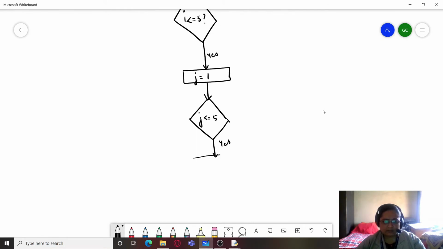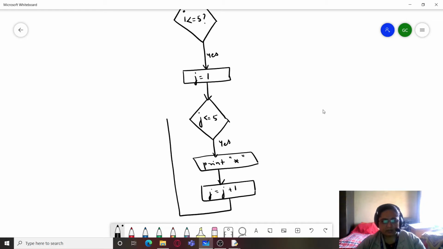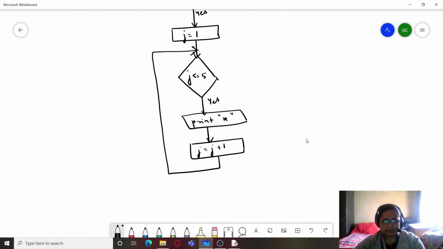then it will be printing this asterisk sign, and next it will be updating the value of j. So j equals j plus 1 will be there, and it will go back to this loop over here. Yes, so it will go back to this loop over here, and if the condition is false, then